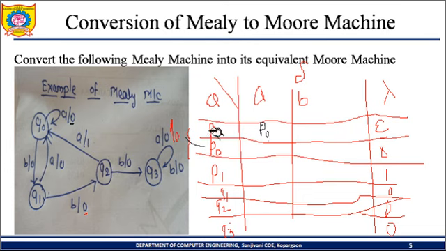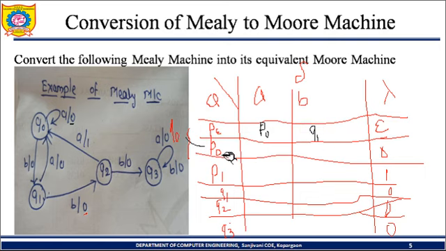See, P epsilon is the original of Q0. So Q0 after reaching A input, it will stay in the same state, Q0 with 0 output. So Q0 with 0 output state is P0. Okay, so that's why here we have written P0. Now same, P epsilon on B. P epsilon means Q0 after reaching B, it will be in Q1 with 0 output. So Q1 with 0 output state, there is only one, so I'll write here Q1.